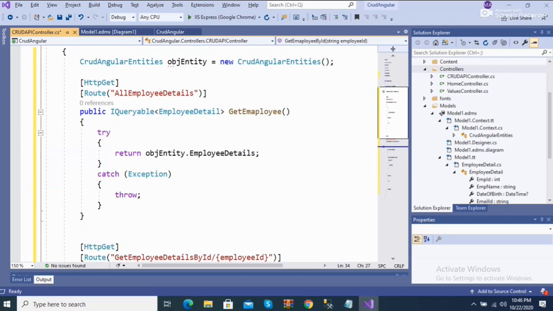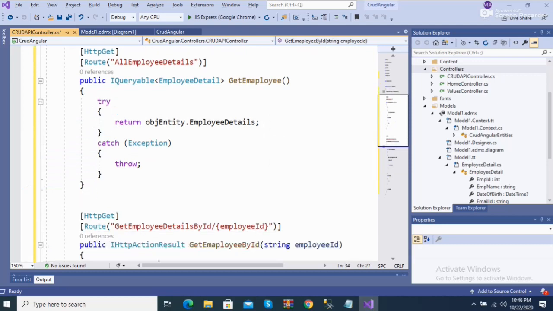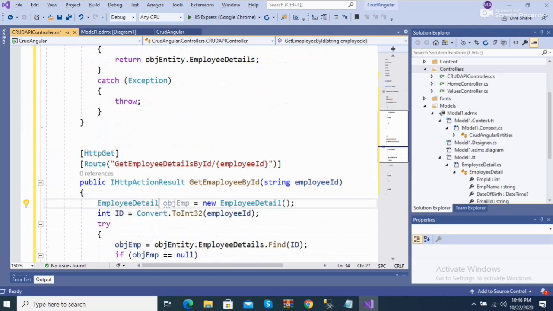After this code I add another code. This code is for when you want to get all the details of an employee by ID. Here I get the request into an IHttpActionResult, GetEmployeeByID, with a string parameter.